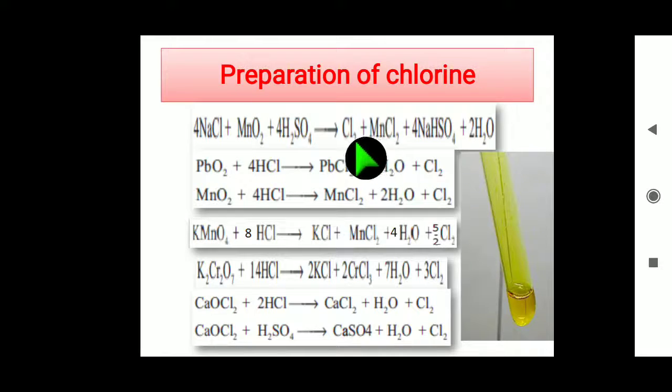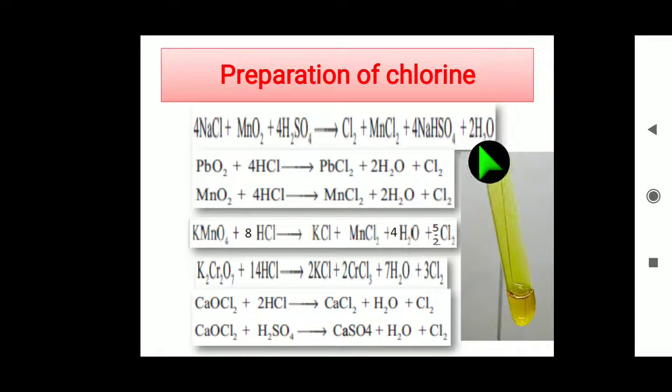see the chlorine on the right side, Cl2, Cl2, totally 4 chlorine. So on the left side make it 4 NaCl. So chlorine is balanced. The 4 Na on the left side is here, so on the right side make it 4 Na. Then we have to see sulfur. After writing the 4, sulfur is also 4, so on the left side make 4. Then hydrogen, 8 hydrogen, 4 into 2, 8 hydrogen.